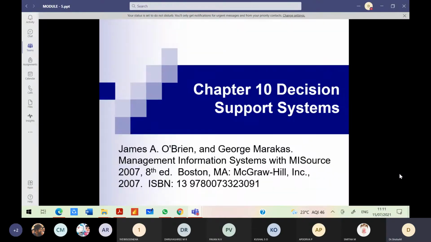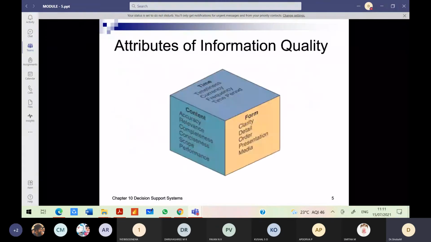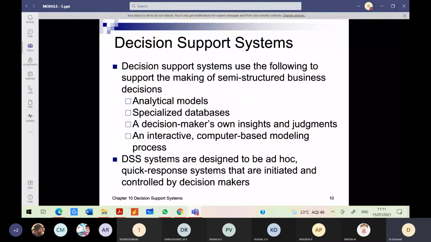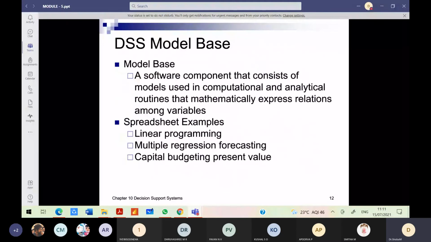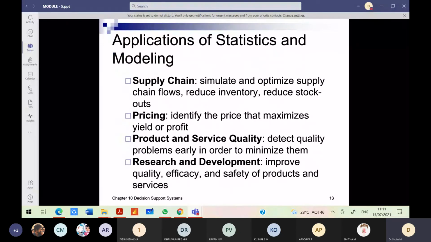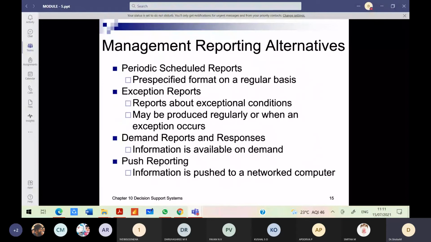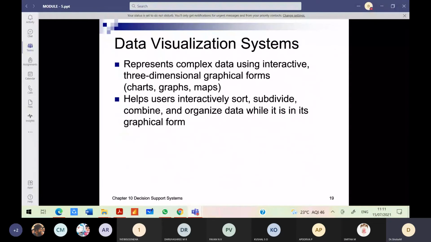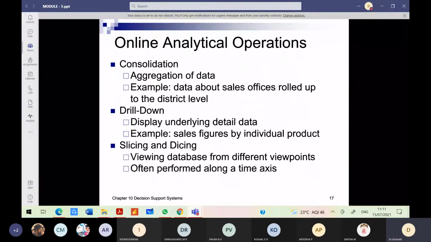In the last class, we had seen the DSS models. So we'll just continue from that particular point. Even in the last class, we had seen business intelligence, what it is, and the various tools available for carrying it out.